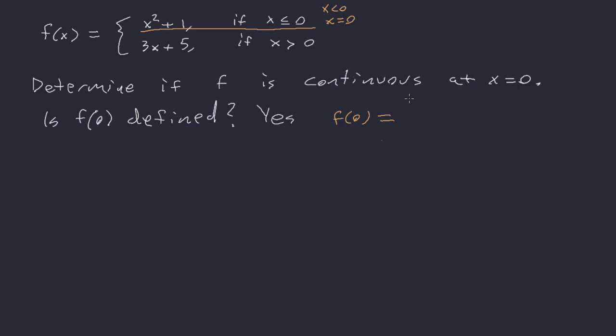It will be 0 squared plus 1, which will be 1. Okay, so yeah, f of 0 is defined. It's 1. That's always the first thing we check. Now, does the limit exist? Okay, well, there's a quick way to check that. We checked here already, this side, so